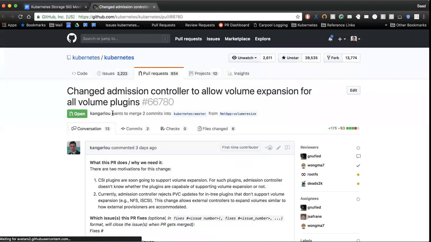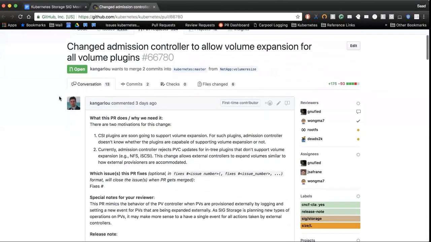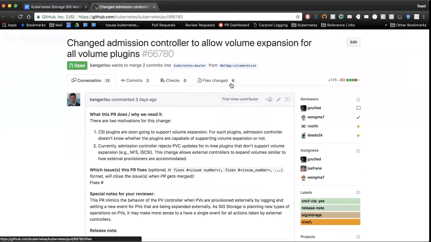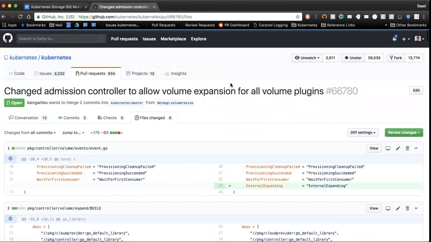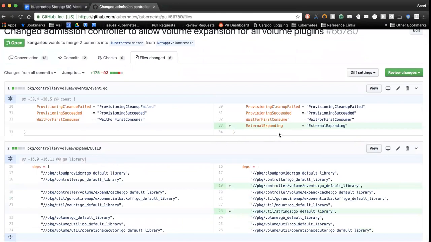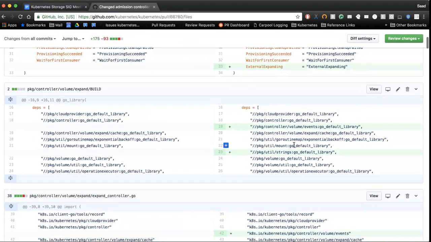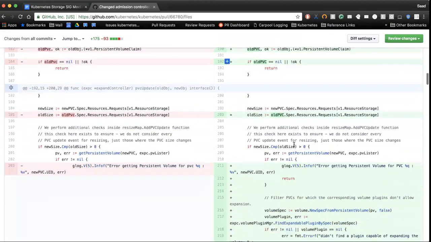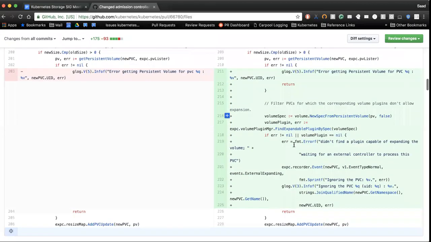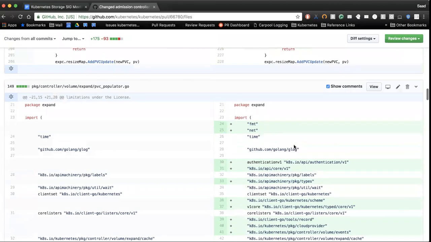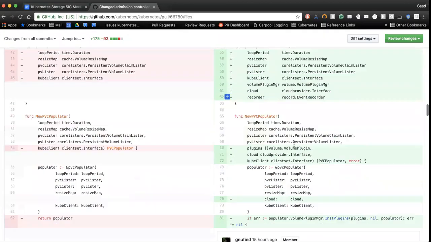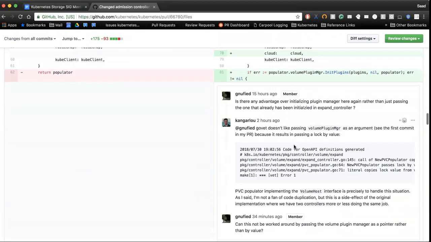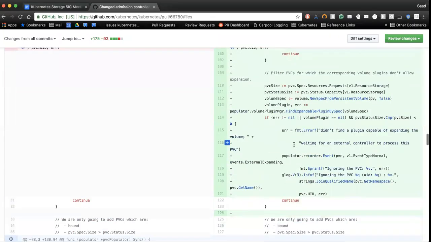Sure. So this is a pretty straightforward PR. The way the admission controller is written right now, it allows PVC resize only for volume plugins that support resize or expansion. As a result, plugins like NFS, iSCSI, and I think this is the issue with the Flex driver, you cannot do resize with them. So there are two main motivations for this change. One is that the admission controller doesn't necessarily know which CSI plugins would support resize.